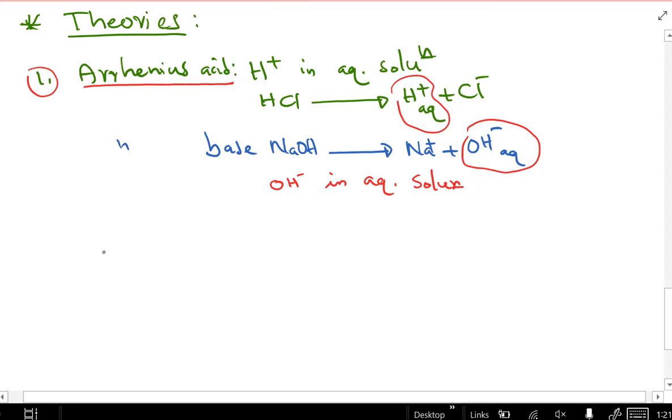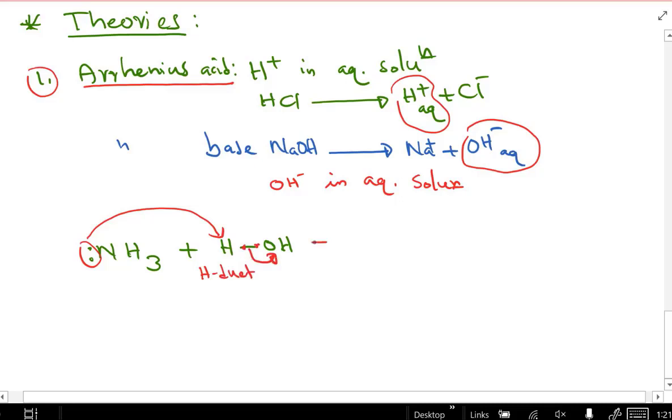Now, let's look at this one. This molecule is called ammonia. NH3 is a covalent molecule. If it reacts with water, and water can be written this way for clarity, these two lone pairs take this proton, and it breaks the bond between the hydrogen and the oxygen, this bond, and both electrons are given to oxygen, and it will break